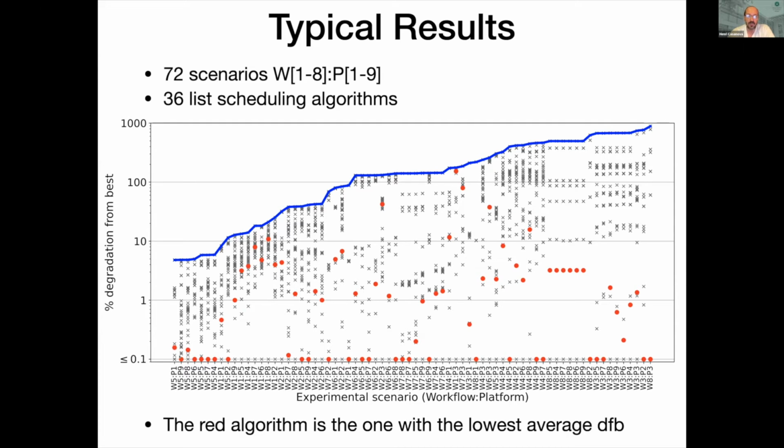And in this case, it happens to be one of the 36 algorithms that I'm plotting in red here. So the red data points are for one algorithm. And we see that indeed this algorithm is at 0 often, but it can be pretty poor. For instance, on this scenario, whichever that is, W1P3, so the first workflow, the third platform, this good-on-average algorithm fares very poorly. It's more than twice as bad as the best algorithm on that platform. Okay, yet it is the best on average. All right, so the literature is full of scheduling results that are published and that are some version of what I just showed here.